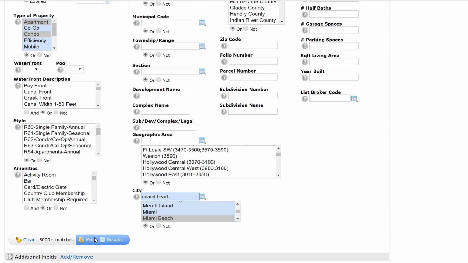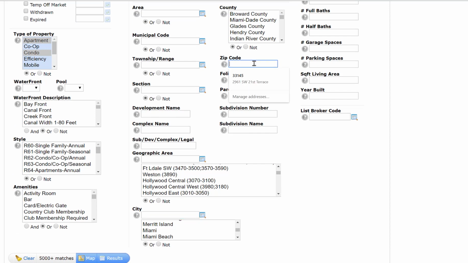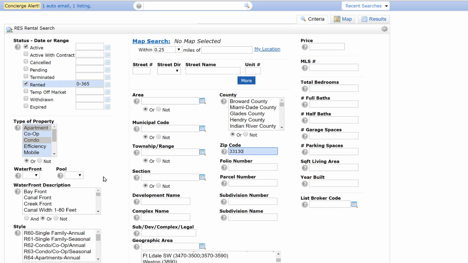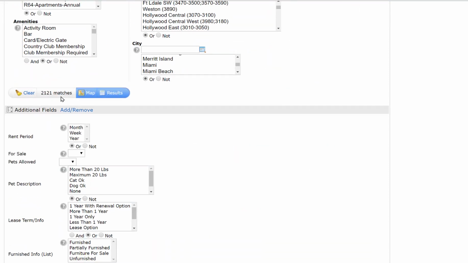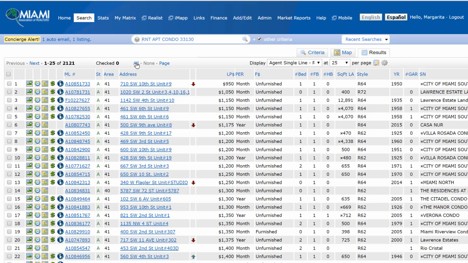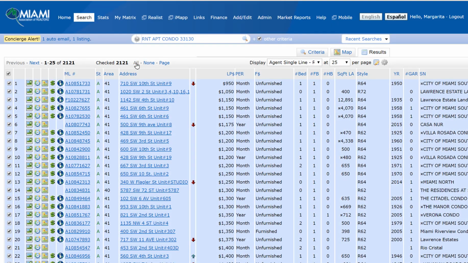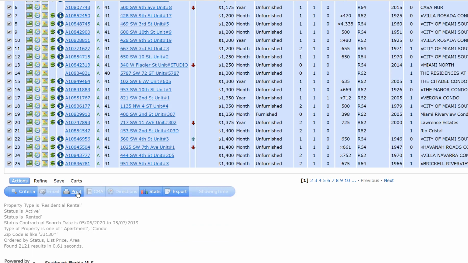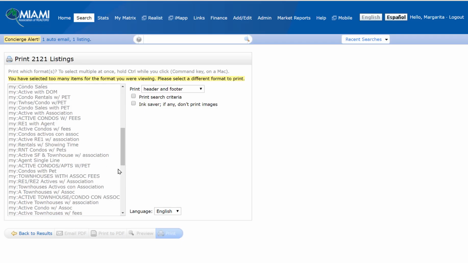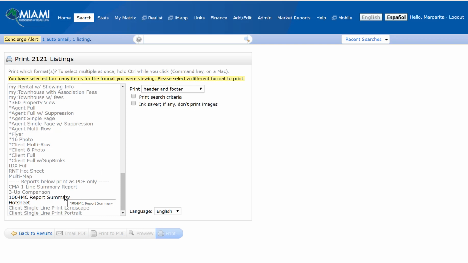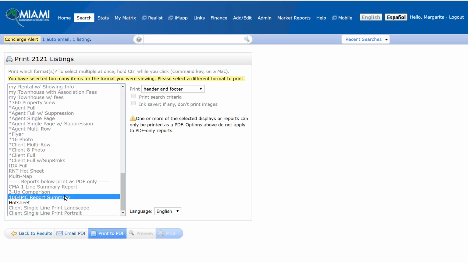All right, Miami Beach, over 5,000. So let's use a zip code. Let's use 33130, which is one of the Brickell zip codes. All right, so I have a little over 2,000 matches. I'm going to go to results. Remember, the first thing you need to do is click on all, scroll down, click on print, and then look for the report, named the 1004 MC report summary. You select the report, you can tap or click on print to PDF,